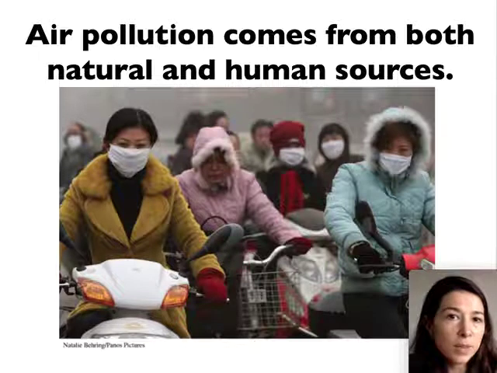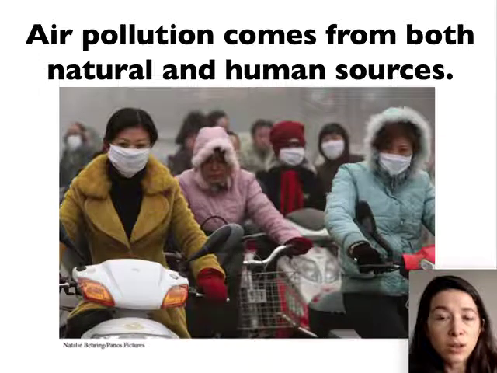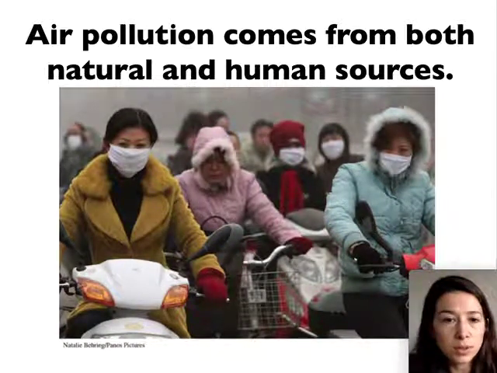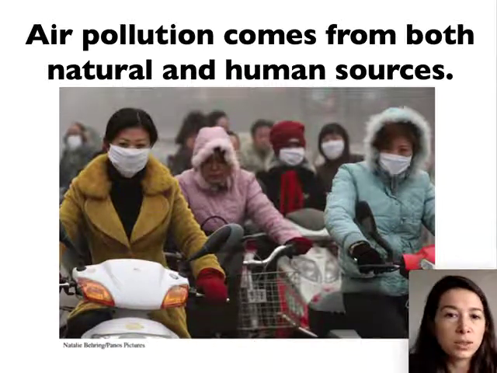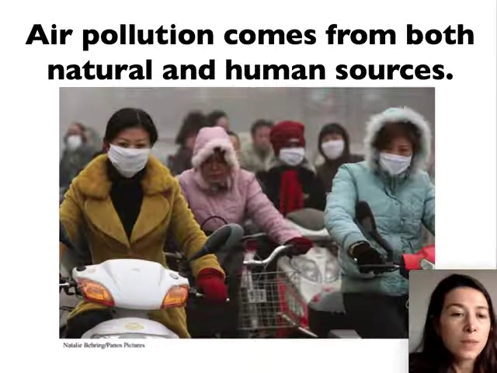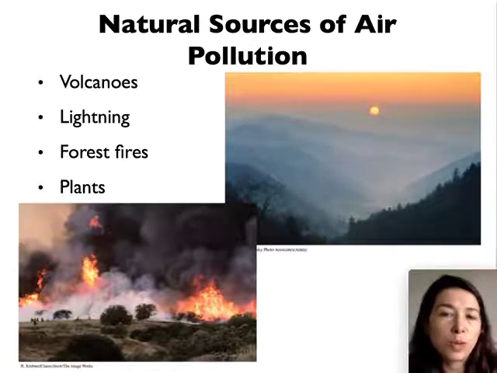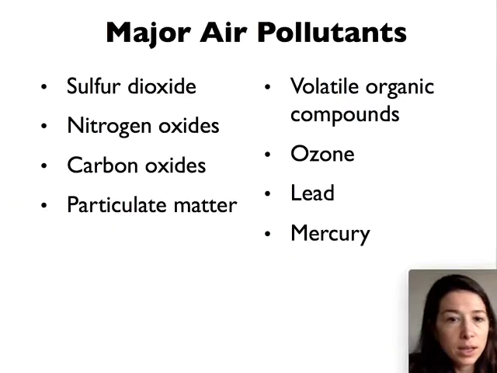Air pollution can also come from natural sources. When we talk about the ozone layer, we talk largely about the effect humans have had on it, but there are also natural sources of chemicals that destroy the ozone. So we're not the only one. We're the majority of the effect on air pollution, but there are also other natural sources. But we're going to focus on the anthropogenic sources. Natural sources of air pollution might include volcanoes, lightning, and forest fires, which can occur without human influence. Plants can contribute to air pollution, and